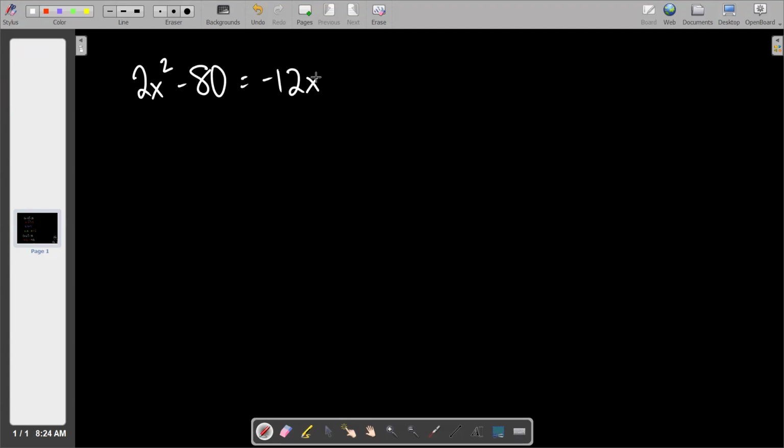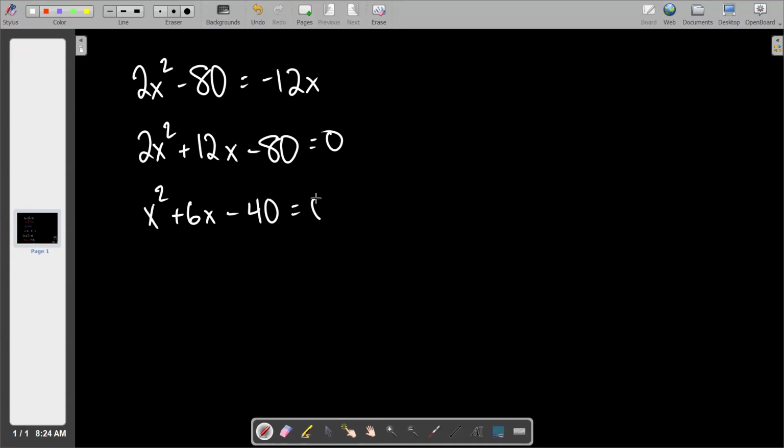So this is very much like the last one you asked me about. So I'm going to move the 12x across, make it plus, of course. And then we're going to divide everything by 2. That's going to give us x squared plus 6x minus 40. And then